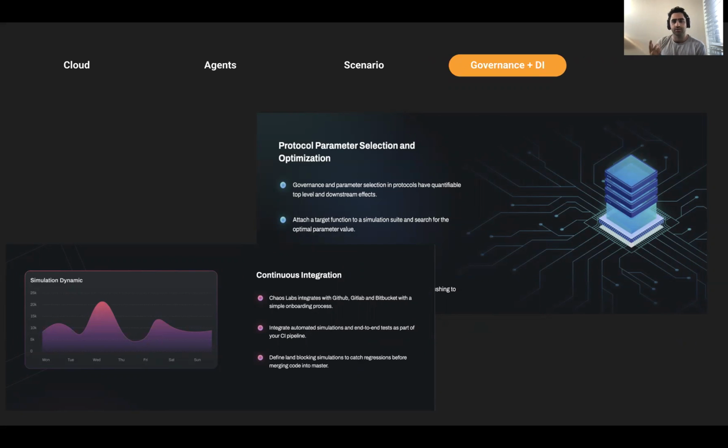Lastly, our simulation infrastructure also supports the ability to optimize and test how you tweak different parameters for your protocol. So whether it's liquidity incentives or interest rates for lenders or borrowers, we can run thousands of simulations and show you with statistical significance how these things play out given different market conditions. Lastly, everything is in the cloud, so we can connect this to your GitHub, your Bitbucket, whatever source control you're using in order to write code, have these tests run in an automated fashion and catch regressions as they happen in real time.